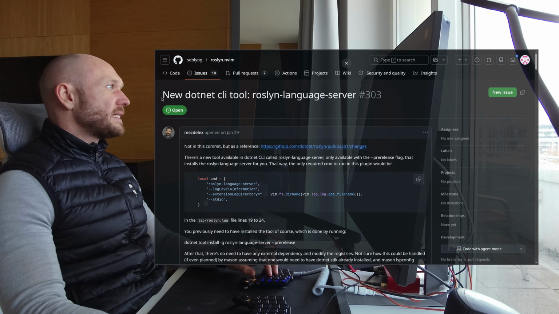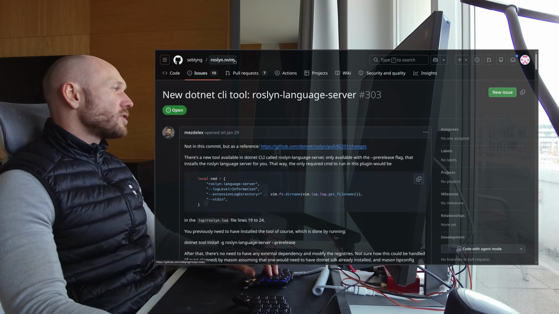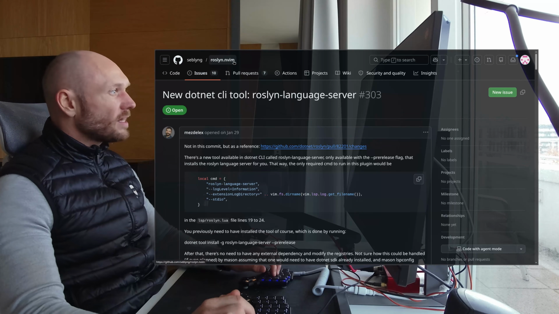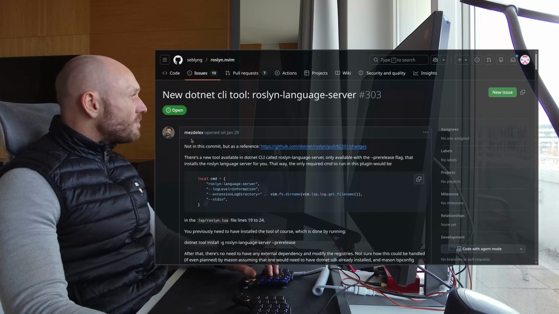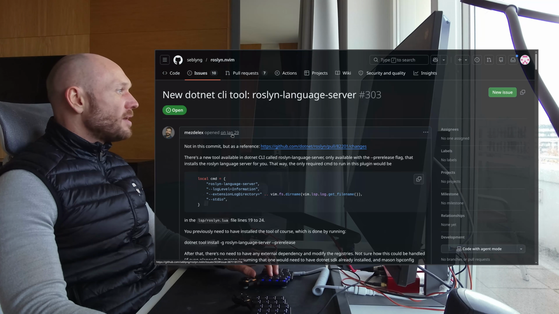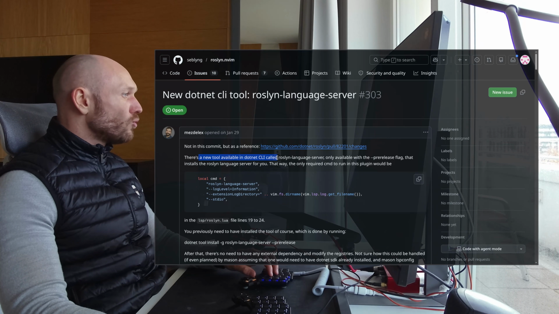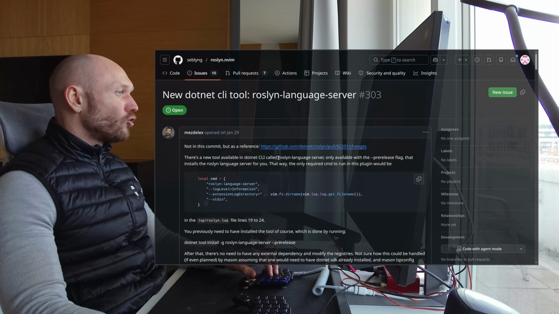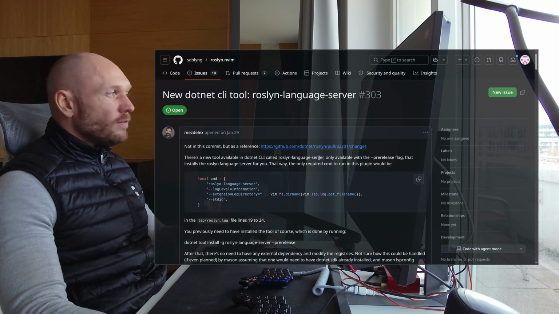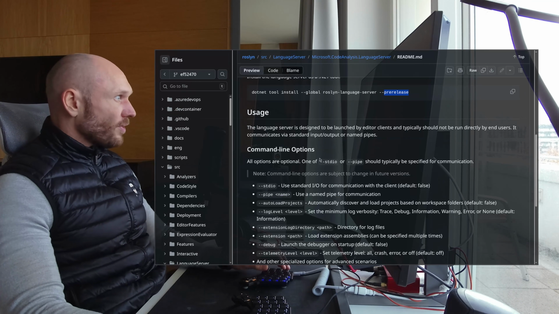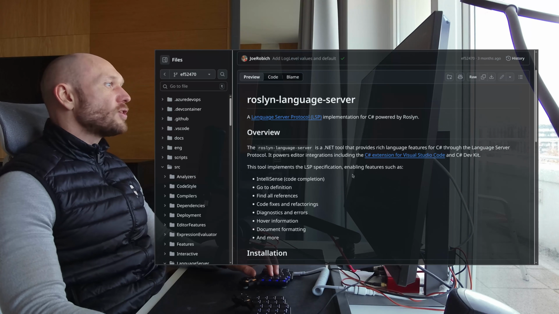I stumbled across this issue under the roslyn.nvim GitHub repo, raised by Mason DLL in the beginning of this year. And he says, not in this commit, but a reference, there's a new tool available in the .NET CLI called Roslyn Language Server. And if you dig a little bit deeper, then you see that there's actually an updated README